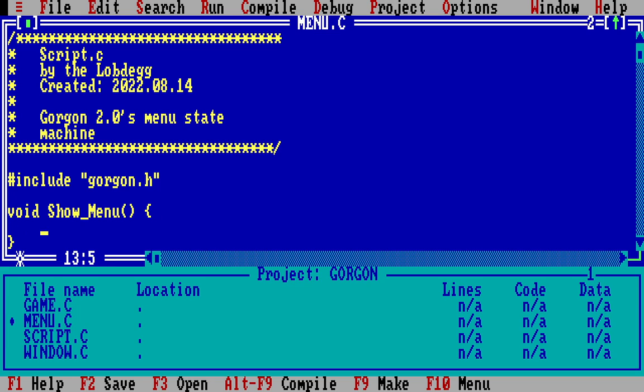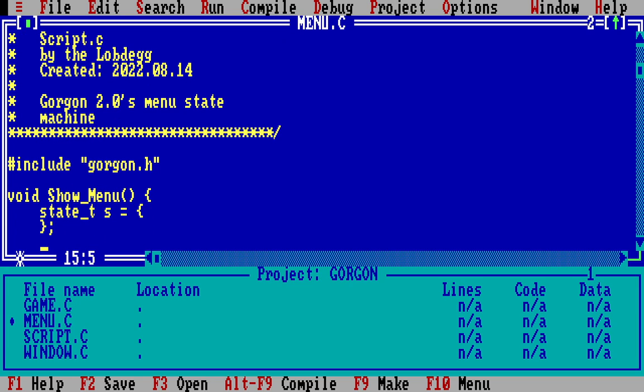So, we're going to create a state machine. And we need some functions to go in here. Because then we can say,